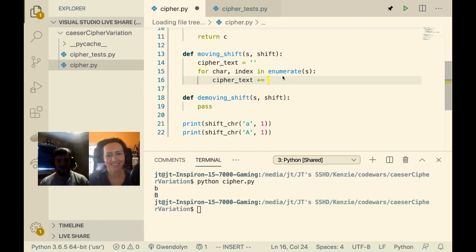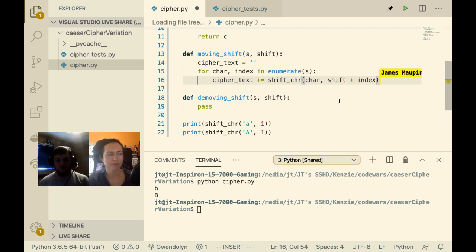Yeah. Okay, so essentially what we can do with ciphertext is loop through each of the characters in the string and pass them to the shift char function. So we pass in just the current character we're on, and then we do shift plus index here, right?